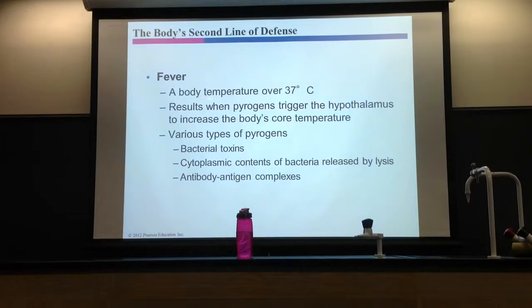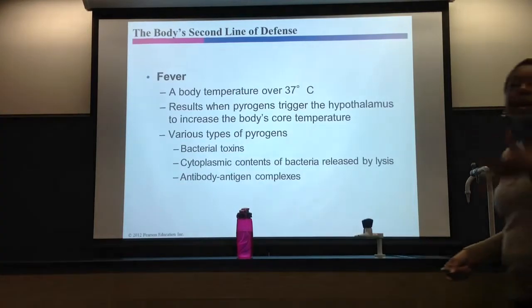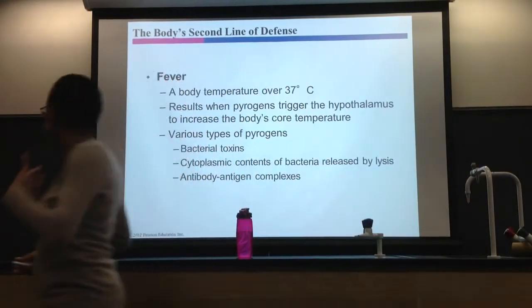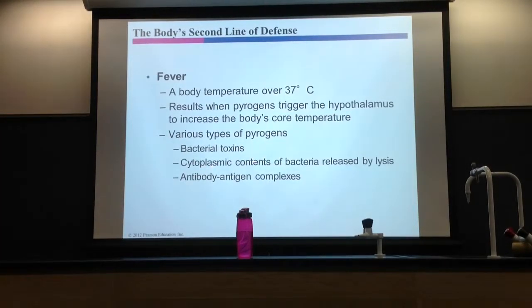How does it work? Your body is responding to something. It's responding to a pyrogen. Pyro means like hot, fire, right? So what are pyrogens? Pyrogens can basically be the bacteria itself. Anything that stimulates a fever is a pyrogen. Or cytoplasmic contents from the bacteria when they're broken down, or the antibody-antigen complex. Again, antibody with the antigen, that's going to be chapter 16. That's going to be very specific. But these two can be very general. These are pyrogens. They basically stimulate increased temperature.